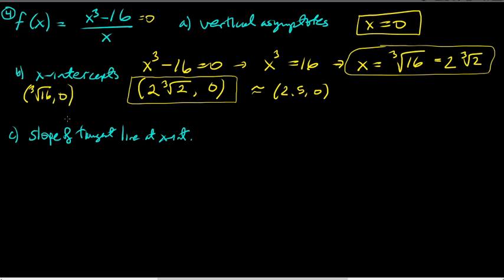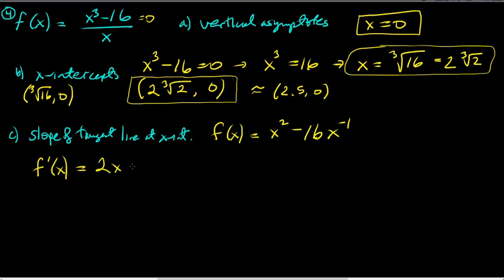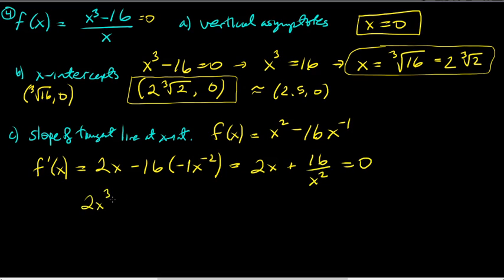What's the slope of the tangent line there? So for that, you need the derivative, right? You need the derivative, and you can use the quotient rule. That's not a problem here. But before we do that, you might want to rewrite this as just x squared minus 16x to the negative 1, just to make it easy, right? So you get 2x minus 16 times negative 1 x to the negative 2. So that's really just 2x plus 16 over x squared. And so when you set that equal to 0, you're going to get, I think, 2x cubed equals negative 16, or,